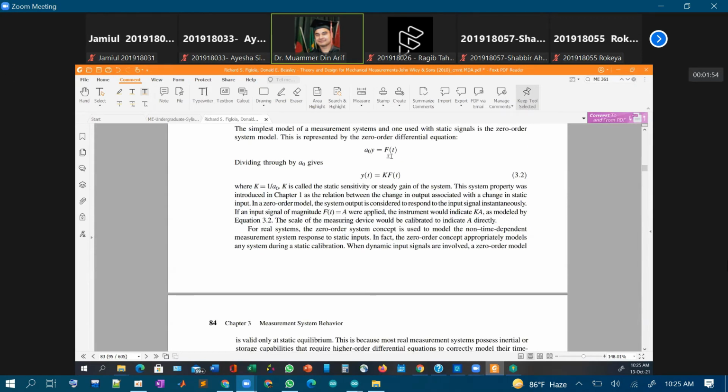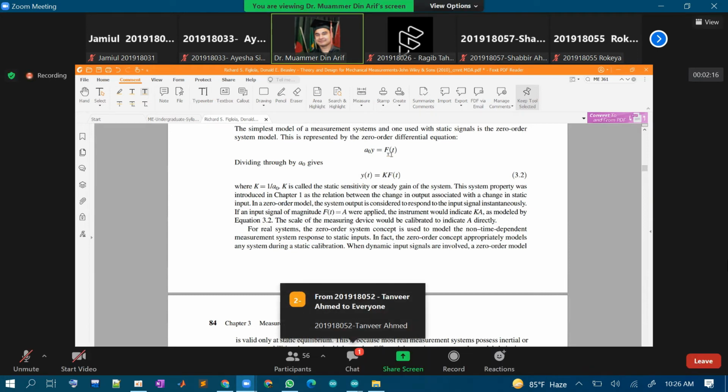Statics are zero order systems, and like I mentioned, some of our measurements are like that, যেখানে the change is not there or the change is very very slow. হ্যাঁ, আমাদের কিন্তু মানতে হবে যে কোনো কিছুই কনস্ট্যান্ট না, বাট তারপরেও অনেক কিছু আছে যে এত স্লোলি চেঞ্জ হয় যে উই ক্যান কনসিডার ইট কনস্ট্যান্ট স্ট্যাটিক সিস্টেম।